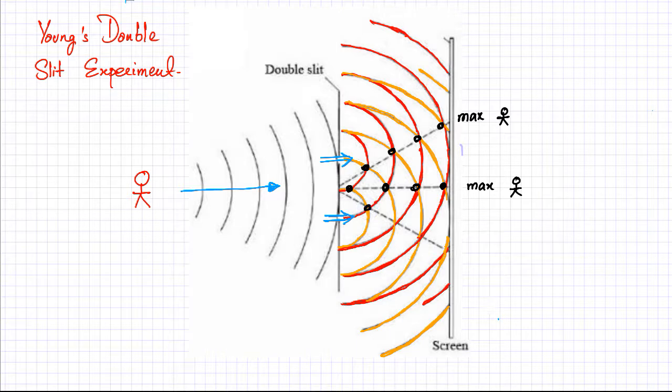So here's another area, another region. If you're standing at the end of the room, you're going to hear a maximum voice, a louder voice in this area. Now, similarly, in exactly the same way, there would be regions where the sound wave would not be that loud. So if you look at this center point over here,